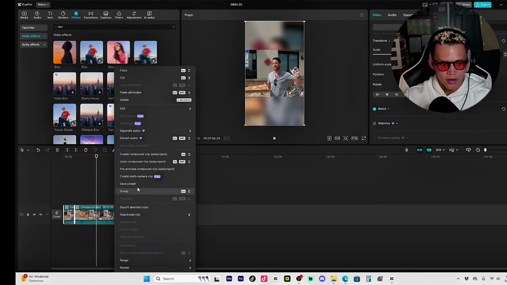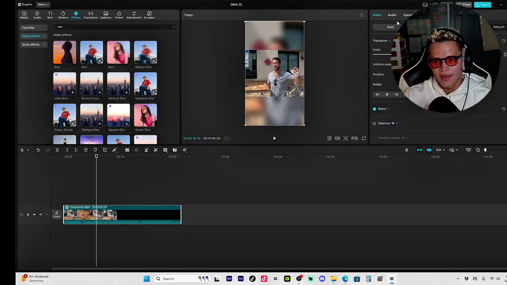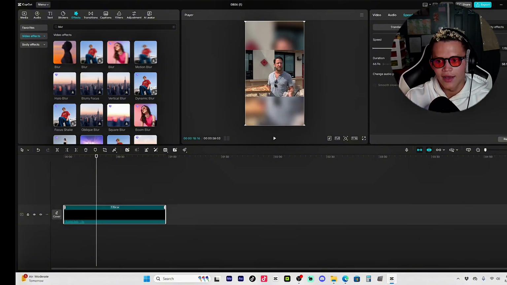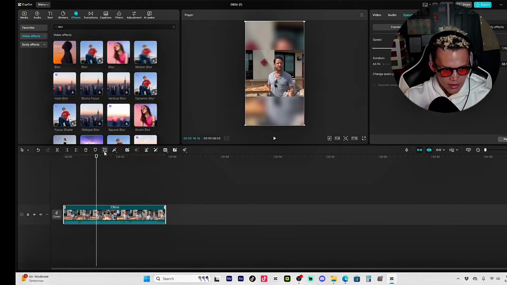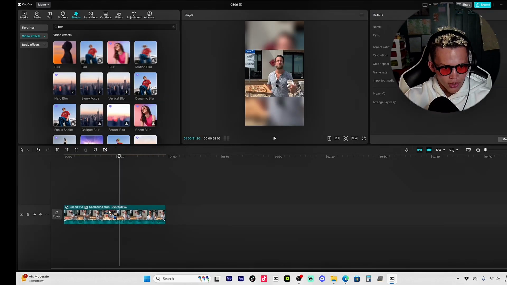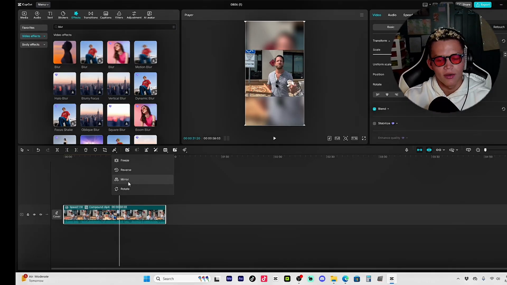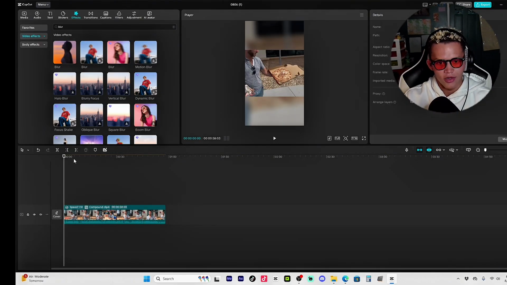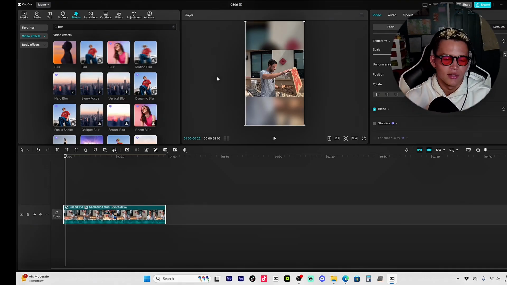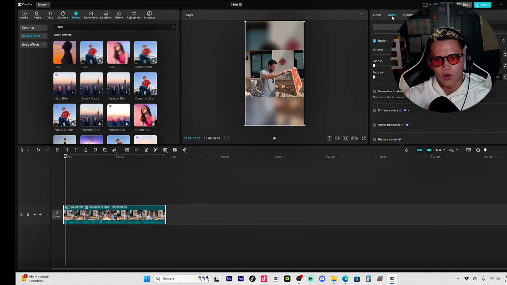Then we're going to make another compound clip after you cut up your whole thing. And then there's a couple last things you want to do. You want to change the speed and make it 1.15 so that you're not going to get an unoriginality flag. Then you're going to want to go to, I don't know where it is, right here. You're going to want to mirror it so that it also looks a lot different.